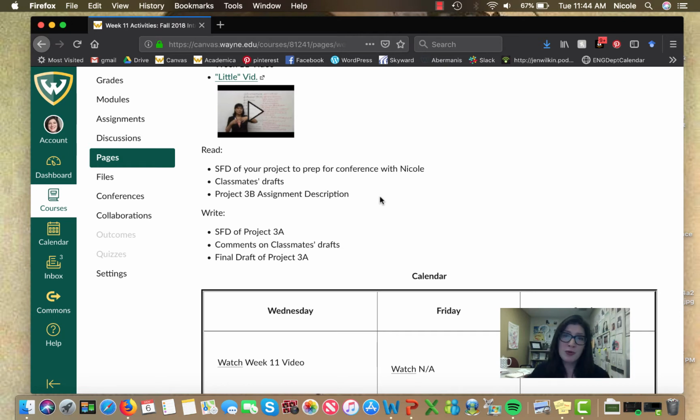Now, working through those 2 annotated bib assignments in the past 2 weeks probably helped you get going on your search, but maybe writing those annotated bibs helped you discover, this source is okay, but it's not the greatest. Anyway, all I'm trying to say is if you need to continue searching, finding, and evaluating sources, keep doing that. Please read your classmates' drafts,